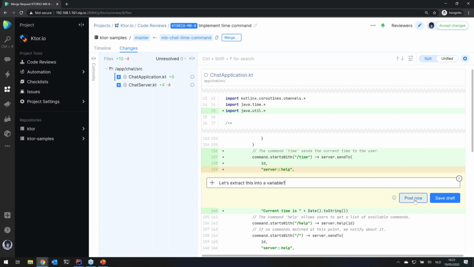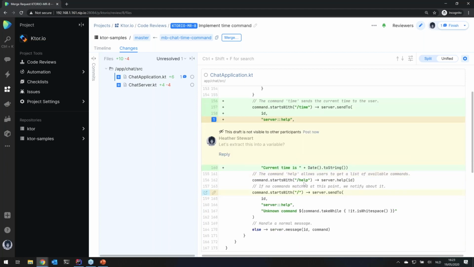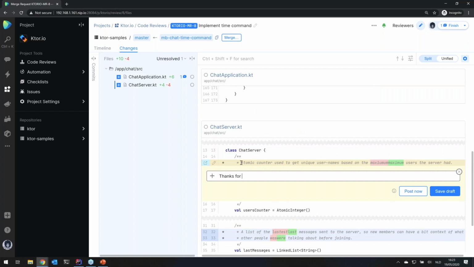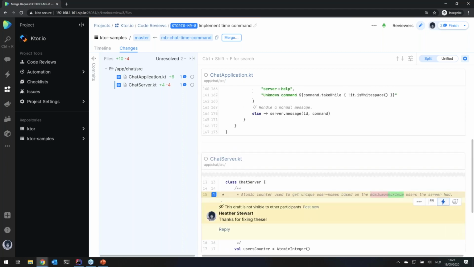What she can do is post this immediately, but typically reviews are rather large, or at least larger than just a couple of lines of code that I've added here. So what she can also do is save a draft and add additional comments. For example, "Thanks for fixing these!" with an exclamation mark, and then add all of those at once